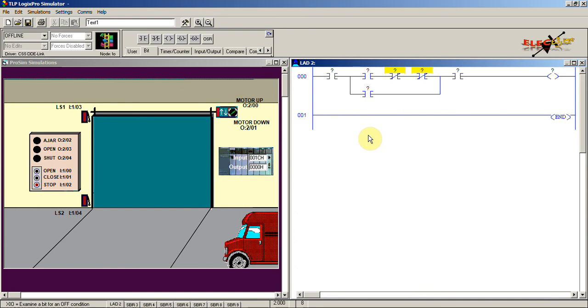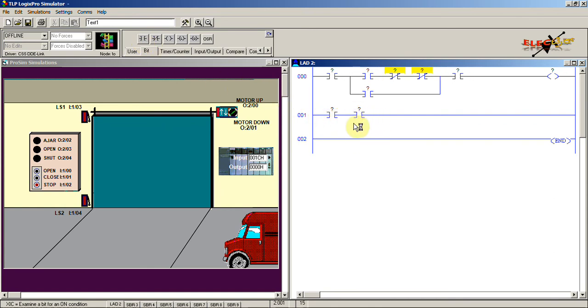And now the same thing we need to do for the down operation. To close the door, or to move the door in the downward direction, again we require the same operation. This examine if closed instruction is used for the stop push button, and then examine if closed instruction is used for the down push button.